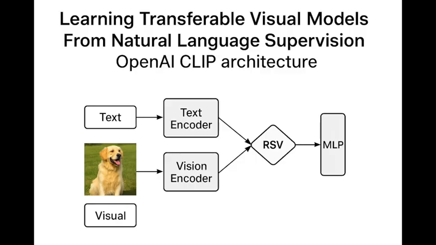It just wasn't efficient enough. Generating precise language sequence by sequence is computationally heavy. How much slower are we talking? The paper actually quantifies this. They found that a transformer language model trying to predict the caption learned the visual side of things about 3 times slower for zero-shot tasks than a much simpler model just predicting a bag of words from the caption. Wow, 3 times slower. So the complexity of language generation was actually getting in the way of learning the vision part quickly. Precisely. The overhead was just too much for that massive scale.